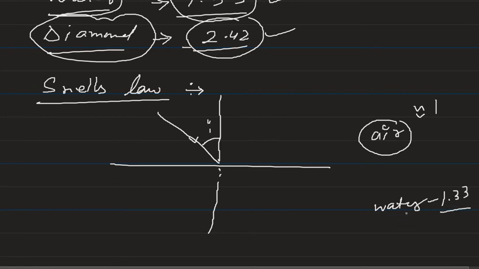So water is the denser medium with respect to air. Air is the rarer medium there. So when light comes from a rarer medium to a denser medium, it basically bends towards the normal. For example,